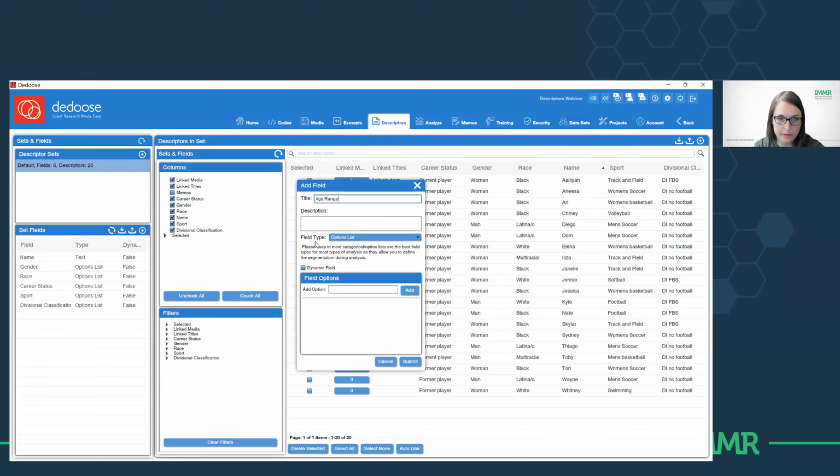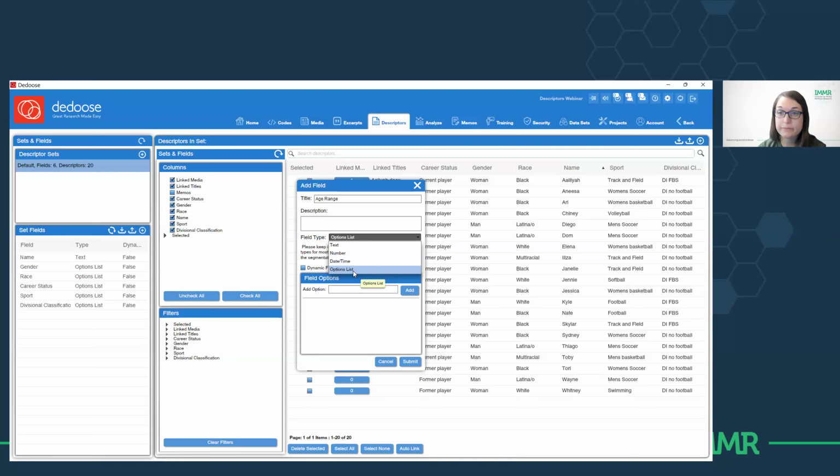You're going to see a field type here. If you click on that drop-down menu, you're going to see 4 different options. We recommend, in most cases, to keep it an option list because this gives you the most control over what you see in the data visualizations. So you can really dictate what you're seeing here. Text is good for pseudonyms or anything that you want to type in directly. Number, if you want to run quantitative analysis on one of your descriptors, then it would need to be a number. But you'll see here with age range, we are not choosing number because we want full control over the data visualizations and how we disaggregate the data. So we're going to keep it an option list.